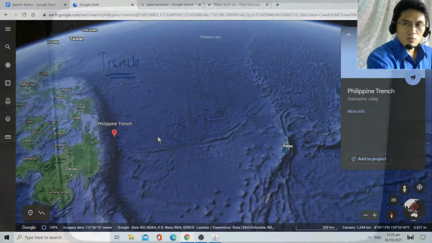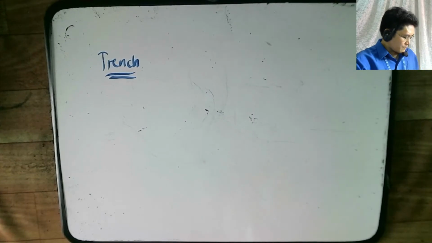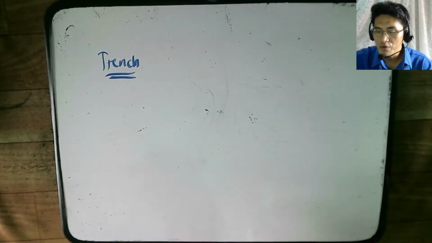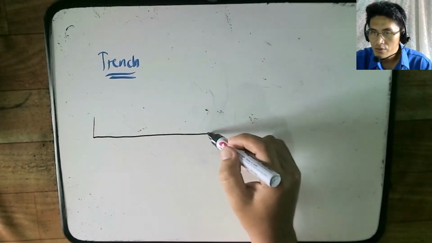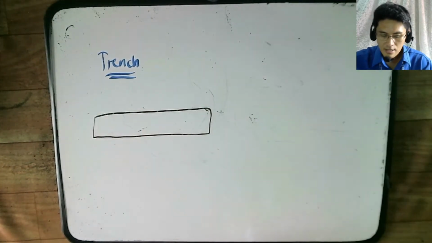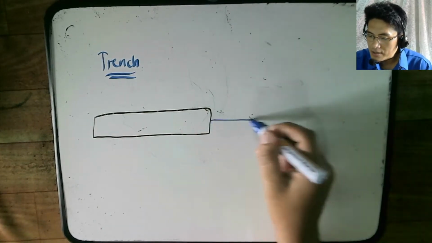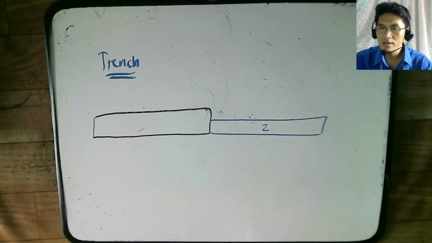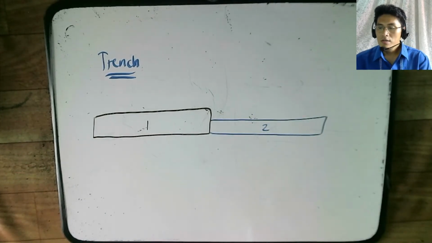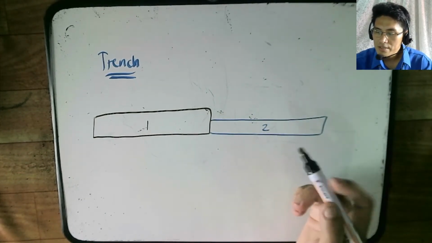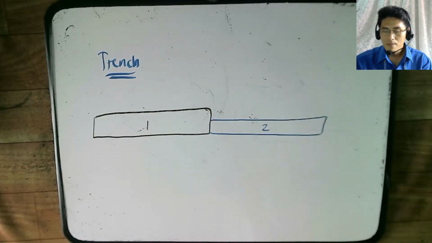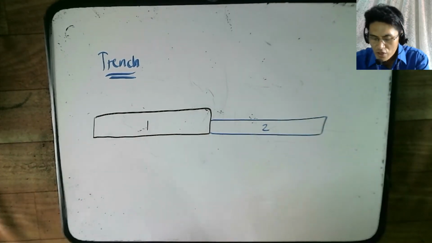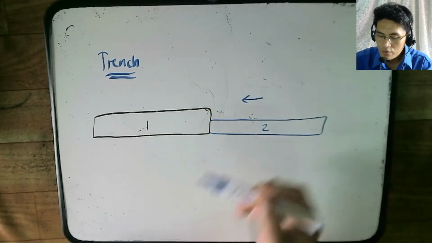So how would a trench be formed? A trench happens when we have convergence of two plates. Okay, so we have plate number one, and let's say this is plate number two, and maybe plate number one is a continental plate, and this is an oceanic plate. So what happens is oceanic plates are more dense than continental plates. So therefore, when they converge like